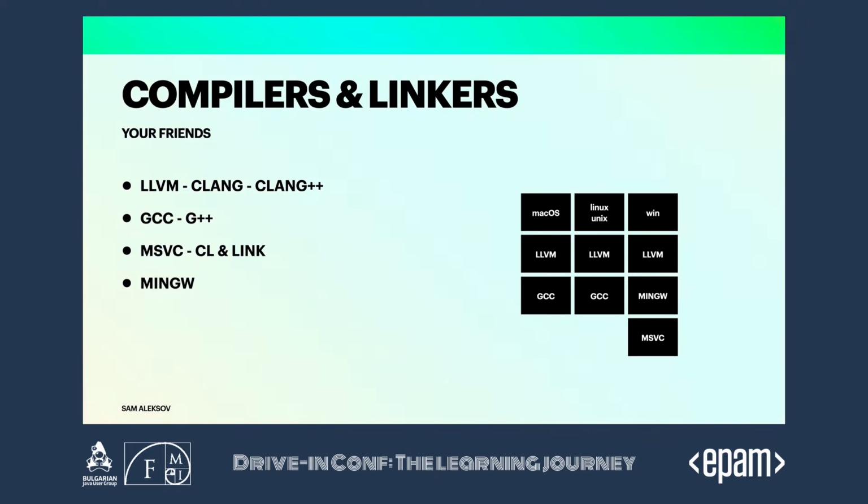Compilers and linkers, well, you should know the most popular ones, the most used ones. So LLVM is apparently being preferred for building general purpose software. The GNU compiler collection is the one that's preferred in Linux environments. MSVC is the Microsoft compiler, so the one that's now shipped with, the runtime that's now present with Windows 10. And if you want to do POSIX software on Windows, you would need some kind of intermediate cross compiler like MinGW that can emulate the POSIX system API.